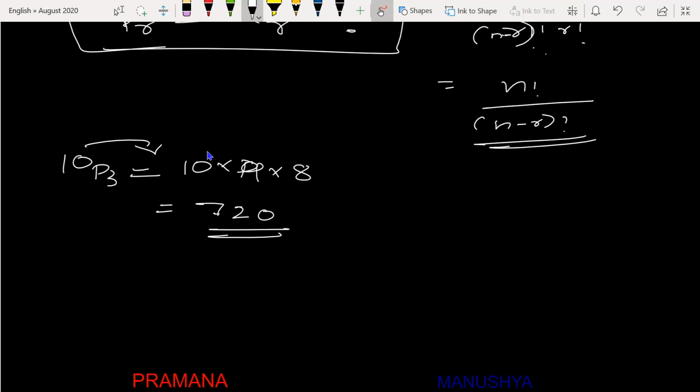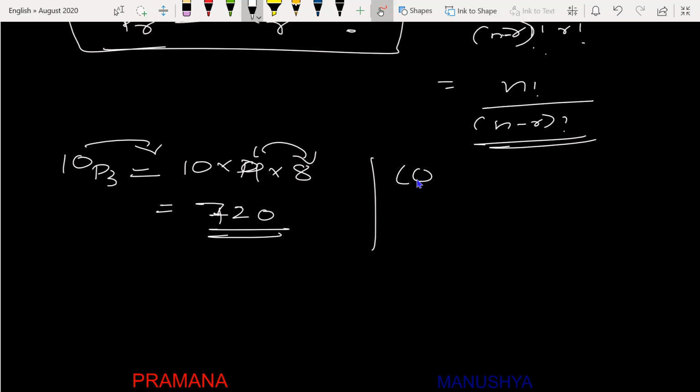So 720. See my dear friends, how I am multiplying the 720. You have to just multiply 8 into 9, then you have to multiply just 10. So 72 into 10. So don't try to multiply like 10 into 9, 90, 90 into 8. So don't do like that. So always multiply the multiple of 10 at last and keep the unit place 0. So this will be a lot easier. So don't try to make a mistake like 10 into 9, 90, then it will be clumsier again. So this is a small number. If you have any big number or larger number also, you should try to do like this only. Follow this method, okay? So this will be 720.